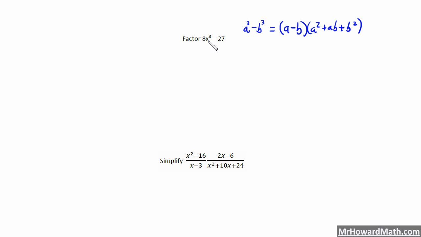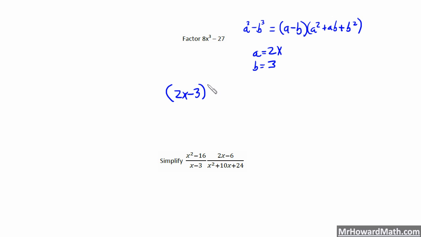So a is the cubed root of this whole thing. So the cubed root of 8 is 2. So my a is 2, and then the cubed root of x cubed is just x. So my a is equal to 2x. So everywhere I see a, I'm plugging in 2x into this pattern right here. My b value is the cubed root of this term. So the cubed root of 27 is 3. So everywhere I see a b up here, I'm plugging in a 3. So my final answer is going to be 2x minus 3, just a minus b,